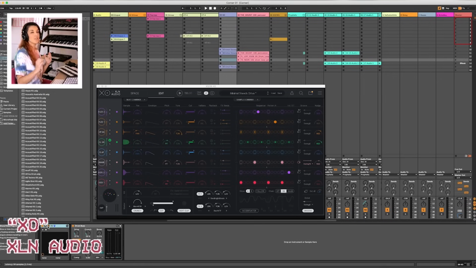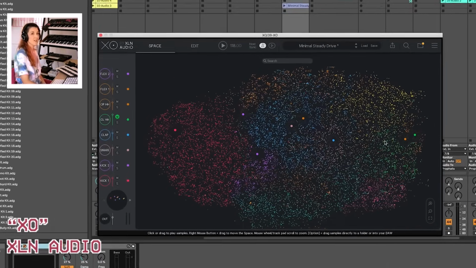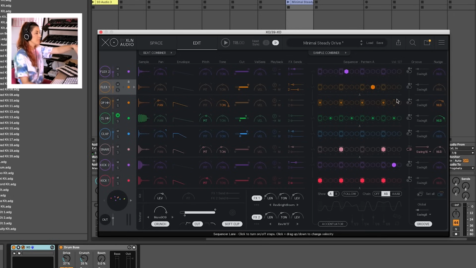Now another method I've been using maybe for the last 18 months is a plugin called XO, which is super cool for creating instant drums and finding samples. So in this track I did use the built-in XO sequencer. It's really, really fun. You've got things like the swing here, you've got effects, and it automatically syncs within Ableton Live. So if I hit play now,